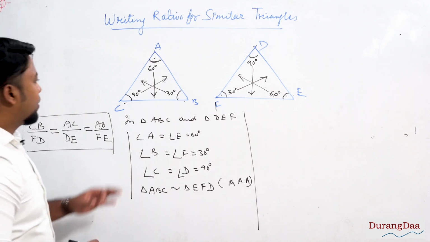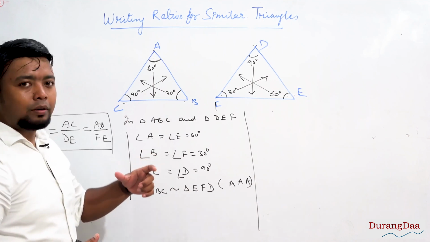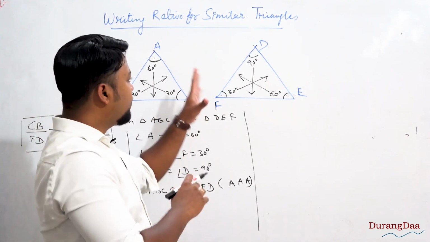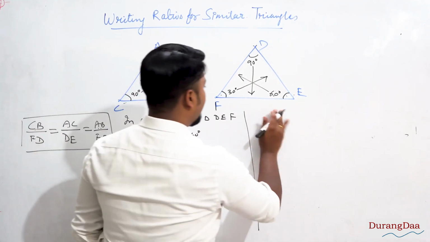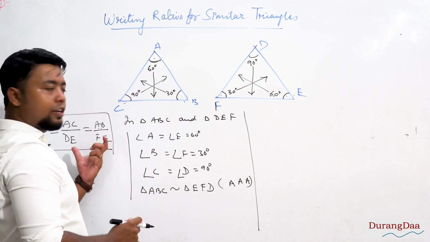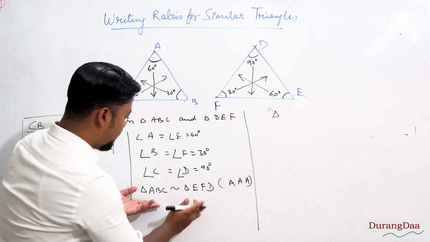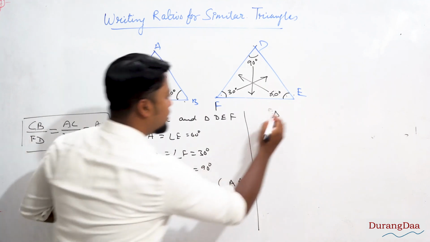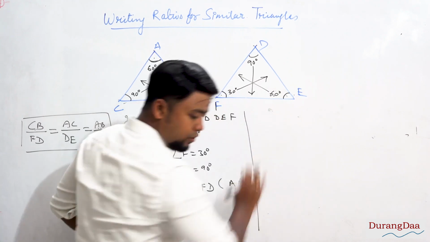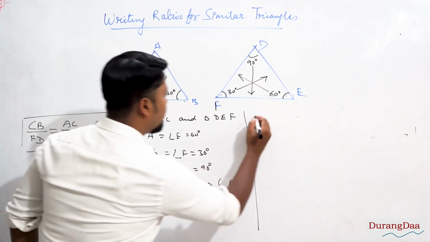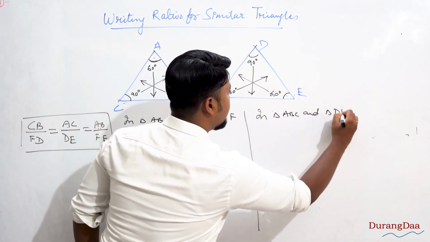Because I have made two separate figures, it might look easier, but sometimes in questions, in one figure you will have two or three triangles, and then that problem comes. The second way to draw this ratio is similar. Since I have already proved them similar, I will use this result. I will do it in triangle ABC and triangle DEF.